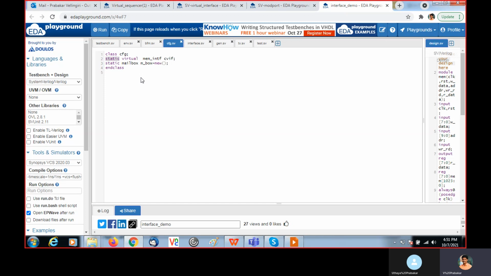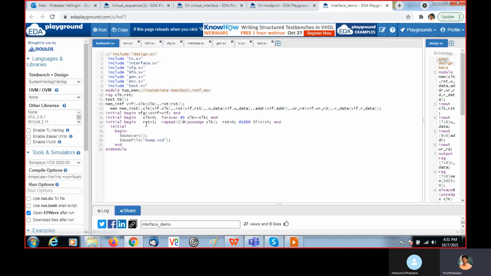When I declare this as static, common memory will be created. So assume that we are instantiating the physical interface here at location 100. At a particular location, 100, memory is created for the physical interface.